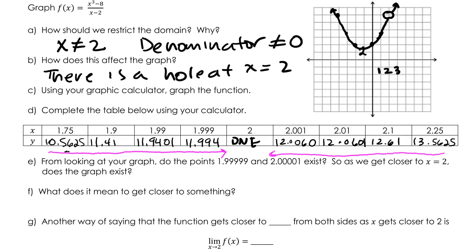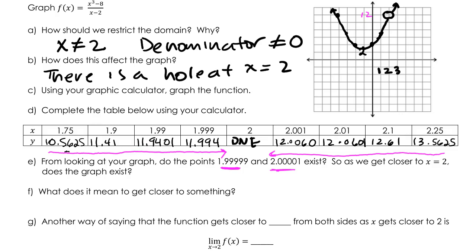And if you look over here, that's where that hole was. It was at 2, 12. So looking at the graph now, do the points 1.999 and 2.001 exist? Sure. What's the only value that didn't exist? Wasn't it 2? So even though the